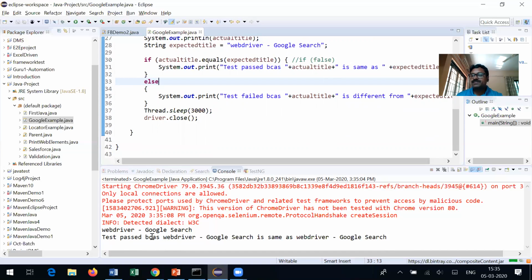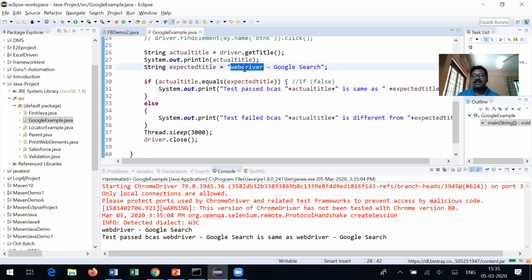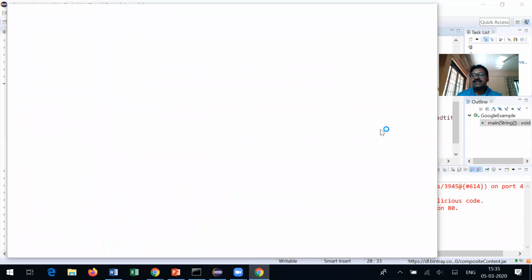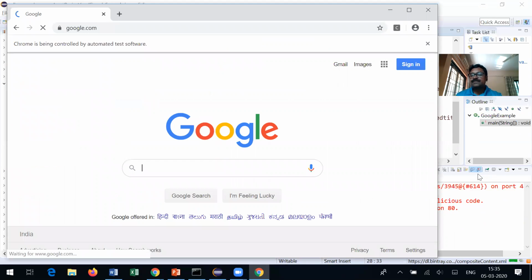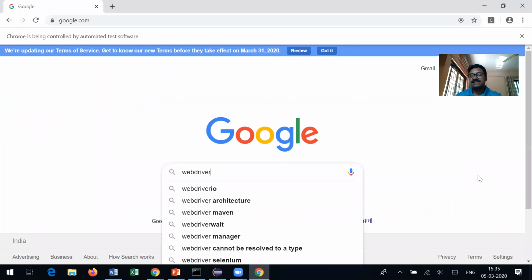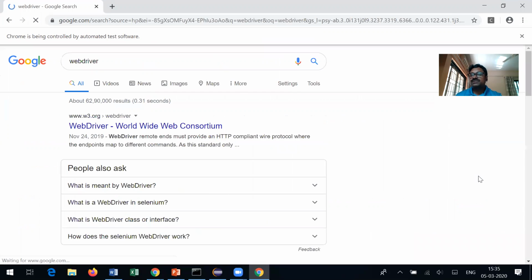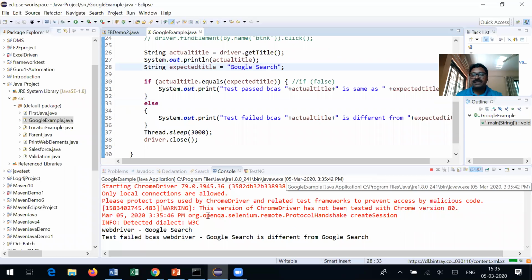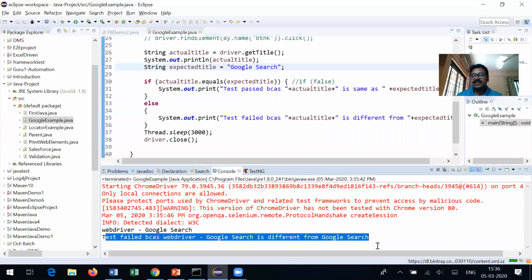That means expected versus actual is the same. Suppose I change the expected title to just "Google Search", save it, and then run it, you can see the result this time is test case failed because the expected versus actual title is different. So I'm showing both true as well as false conditions. This is how we typically automate the scenarios.